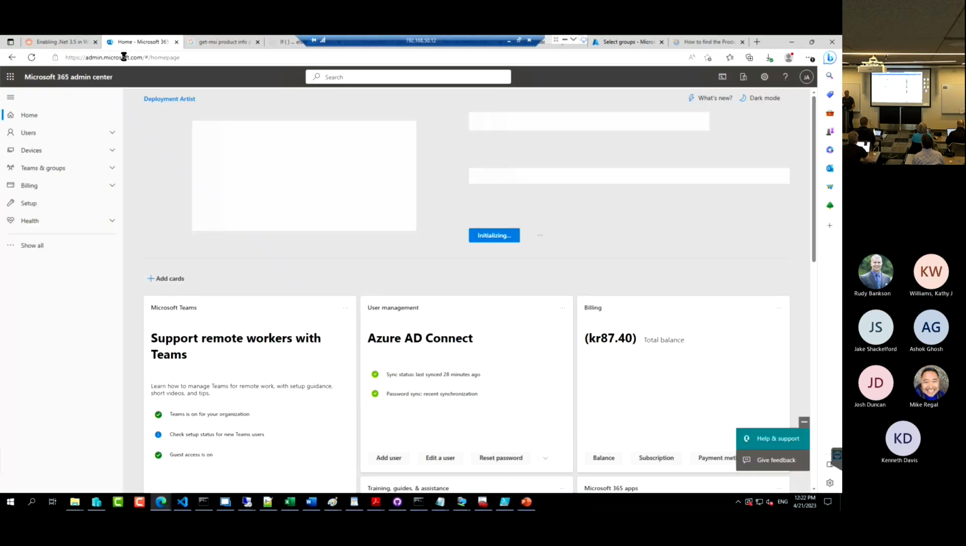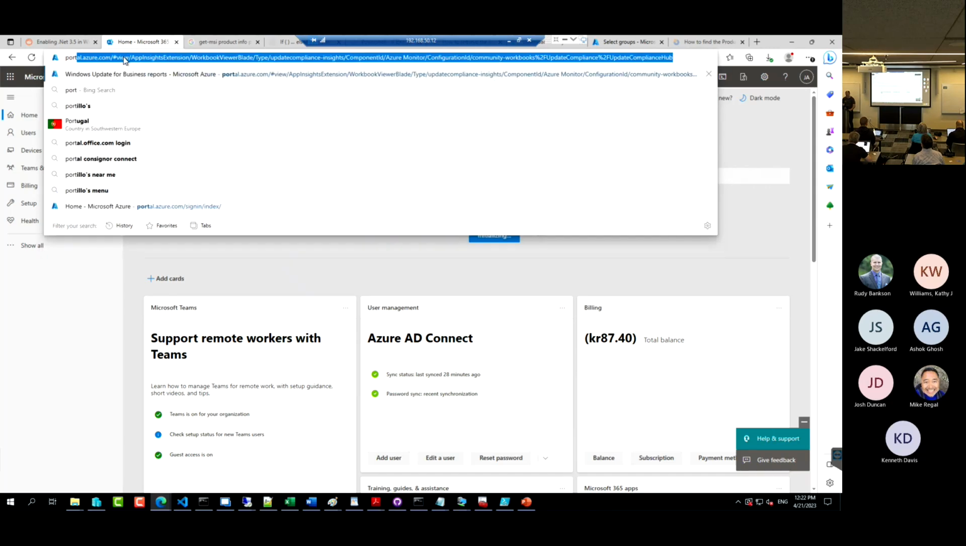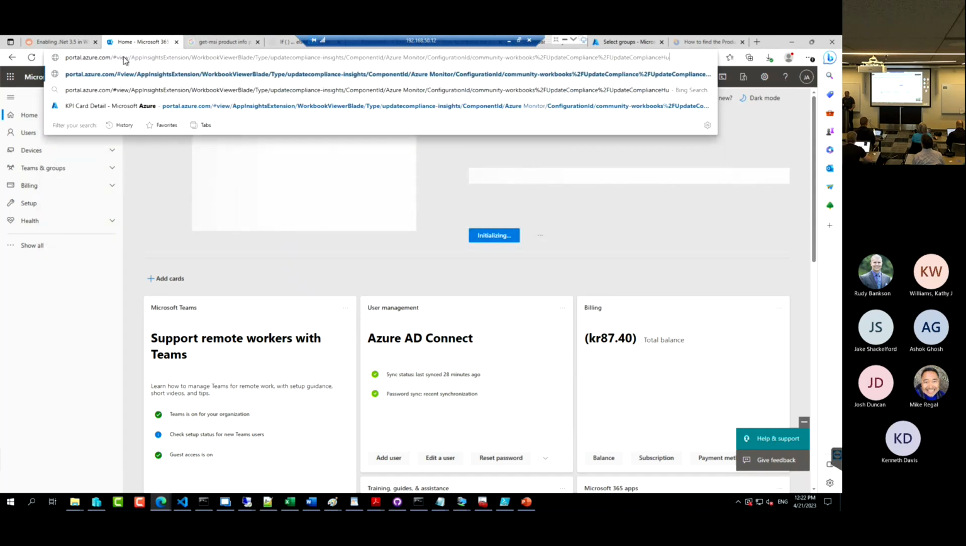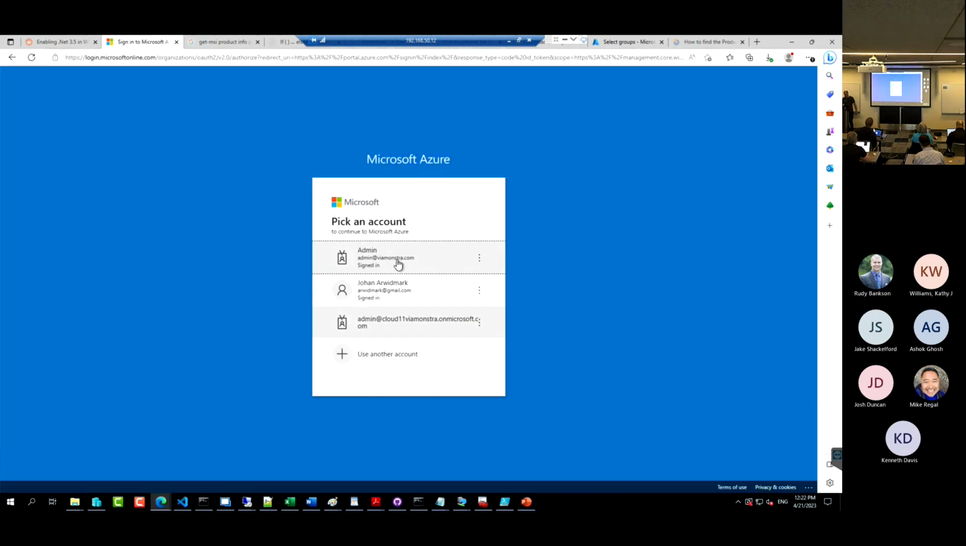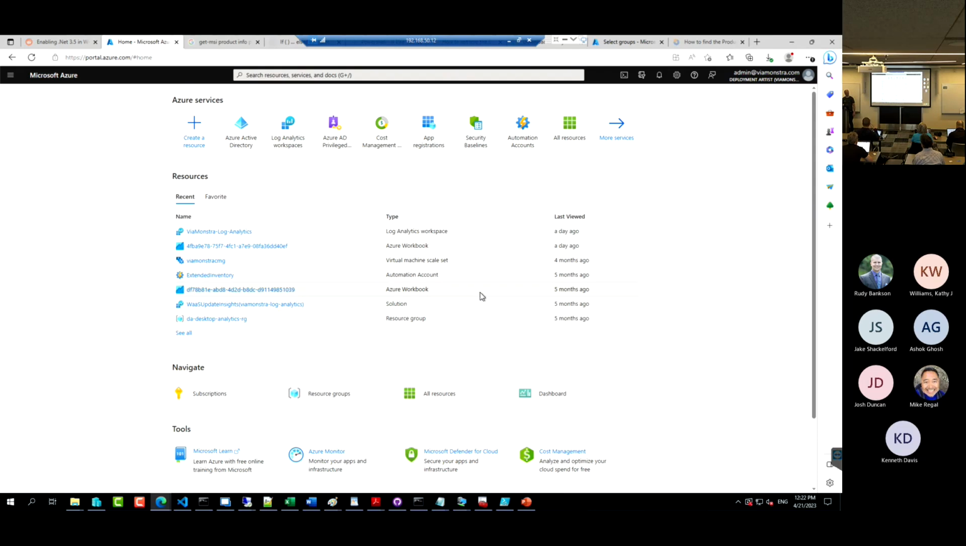Same if I go to Azure. Take a look at that, not that Azure, because that is my Windows Update for Business report, but this one here. Whenever I'm trying to go to portal.azure.com, it takes me to edit some random group. Yep, it's lovely, don't need that autofill. Anyhow,